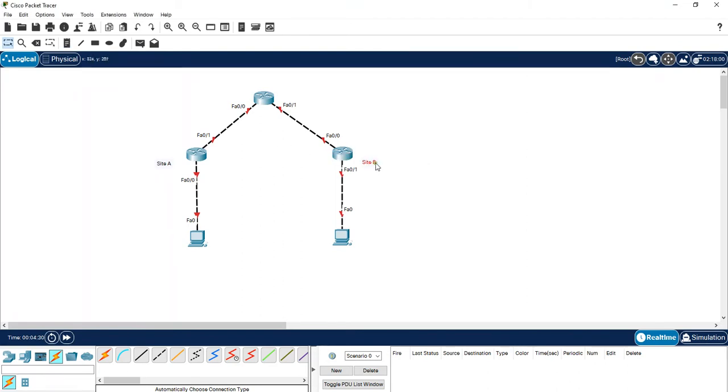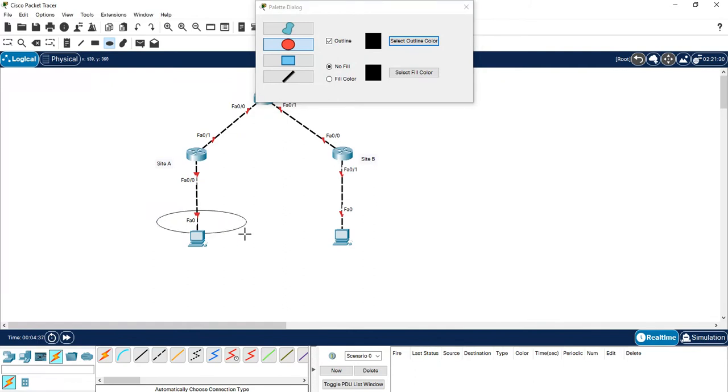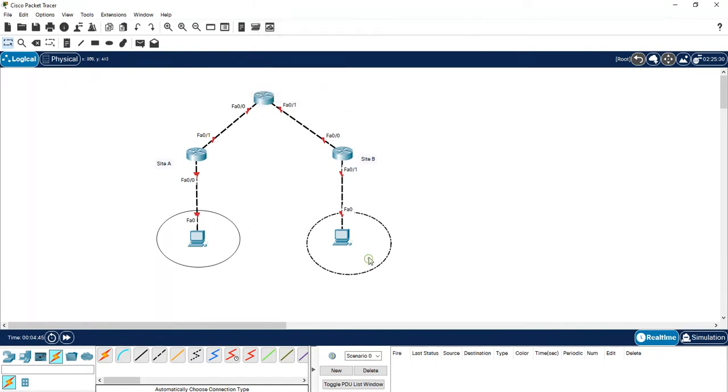We want to communicate between these sites.